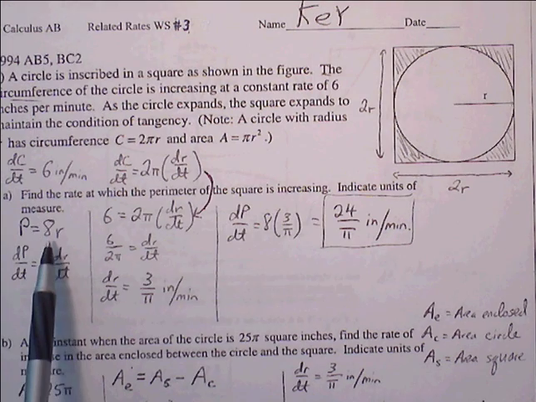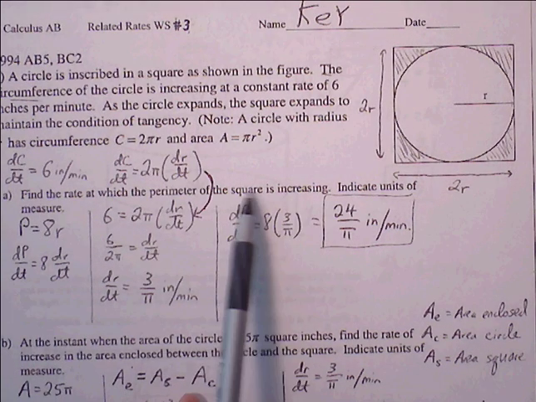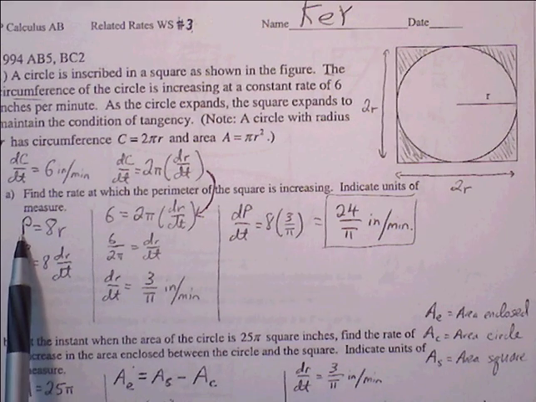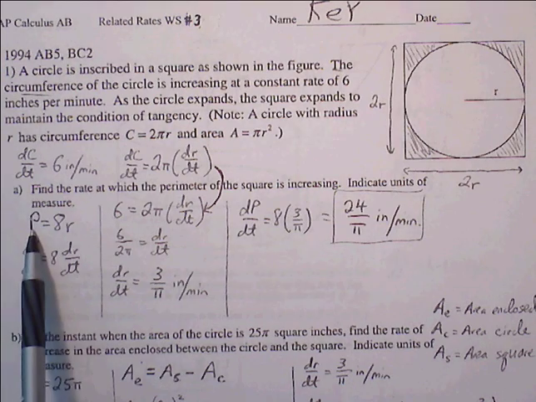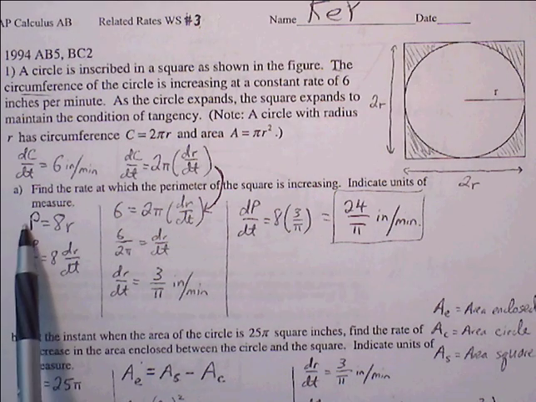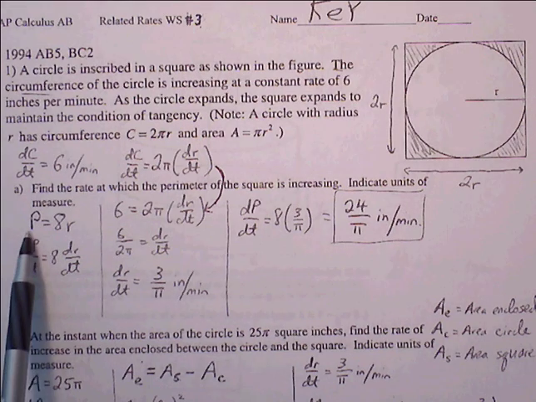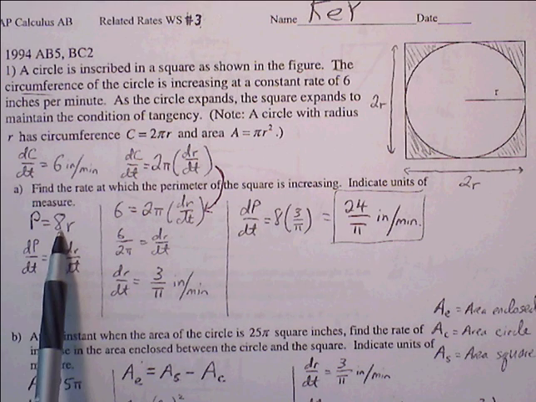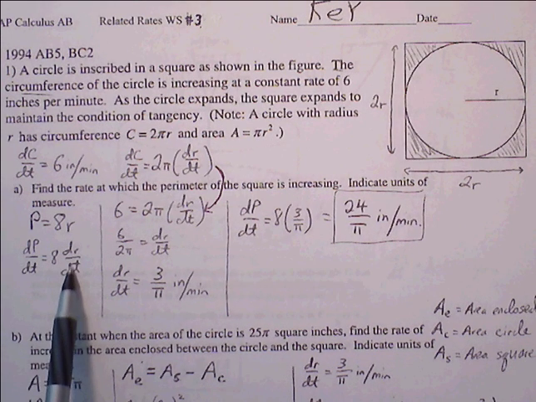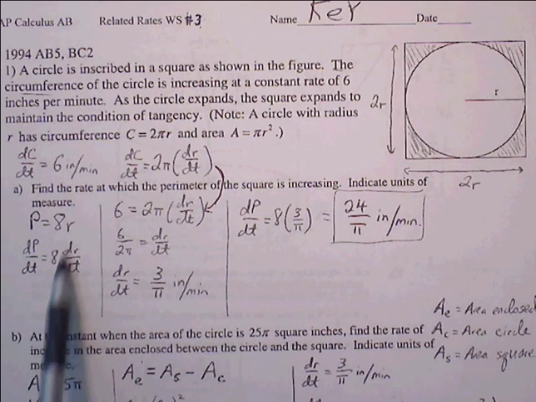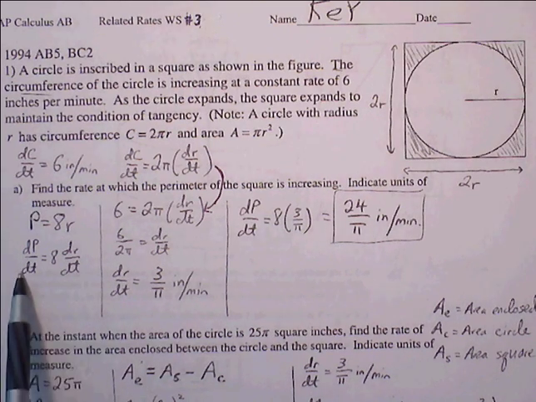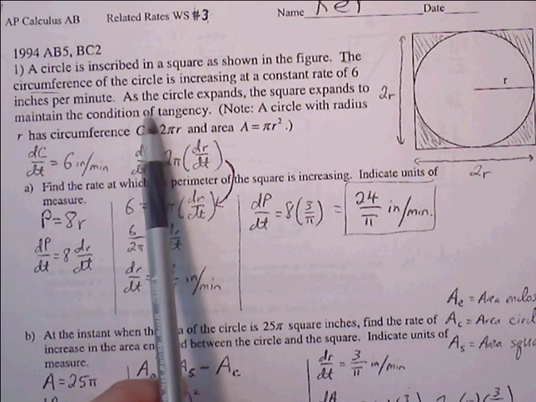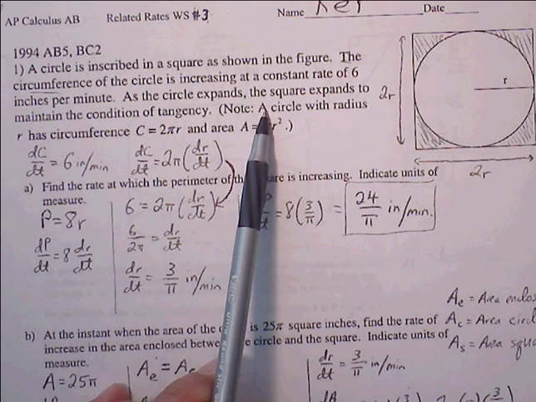All right, so let's see if we can map out how we want to solve for part A, which is finding the rate at which the perimeter is increasing. We're looking for dP/dt. So to find dP/dt, let's go ahead and find the derivative and see what we're up against. The derivative for P is just 1 dP/dt. The derivative for 8r will be 8 dr/dt. So the idea is, if we can find out what dr/dt is, then we can figure out what dP/dt is, right? But to find dr/dt, we need to work through some more steps here,